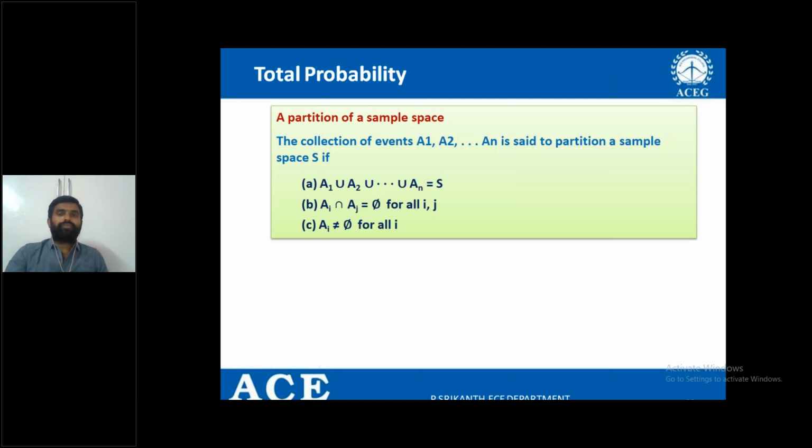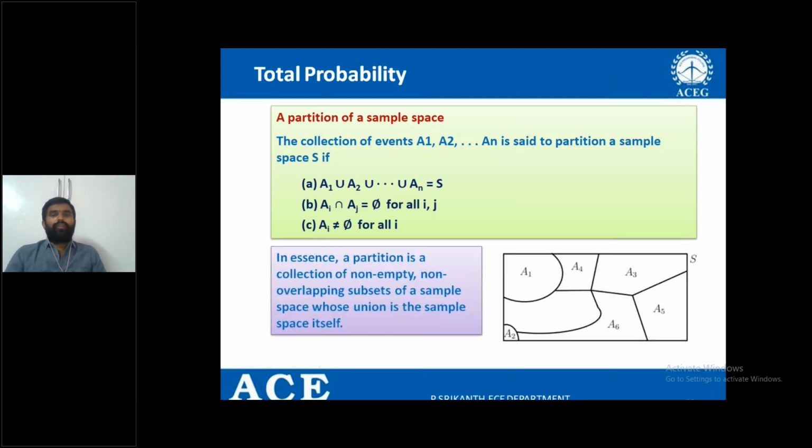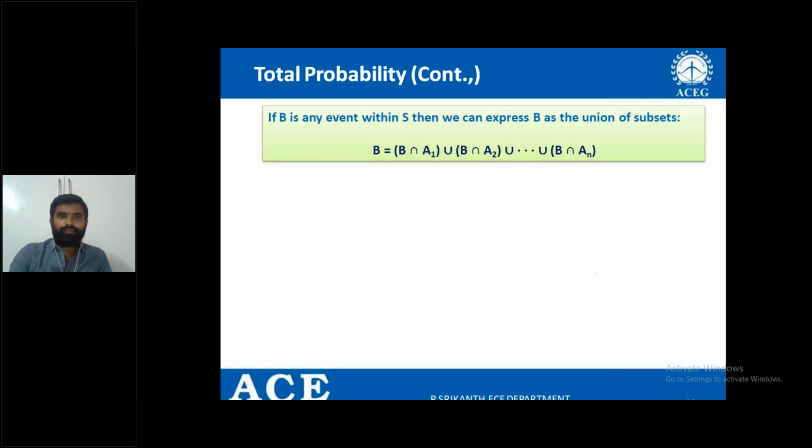But here, for example, total A1, A2, A3, A4, A5, A6, 6 events are selected in the sample space. But in the live example, I have taken only 3 plus 1, 4 events. Here 6 events are selected, right? Now, total